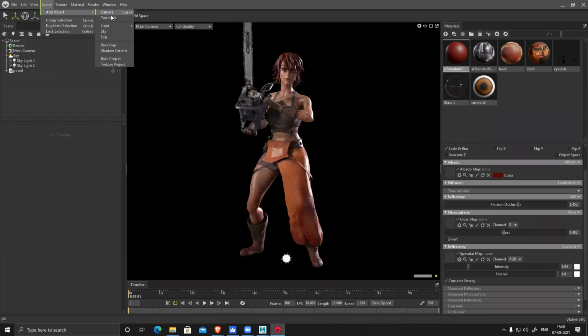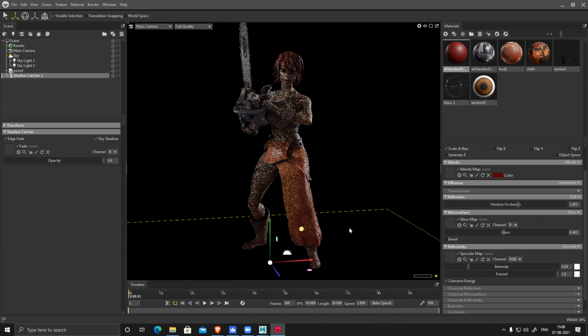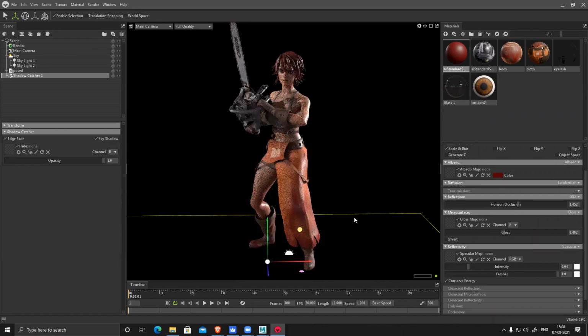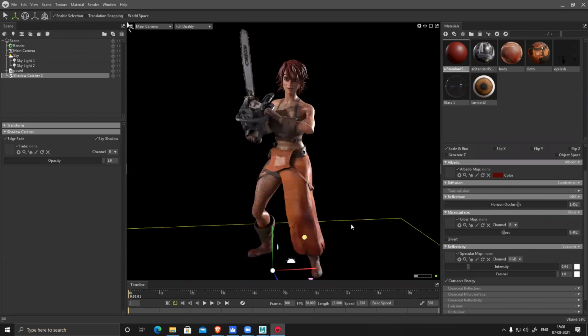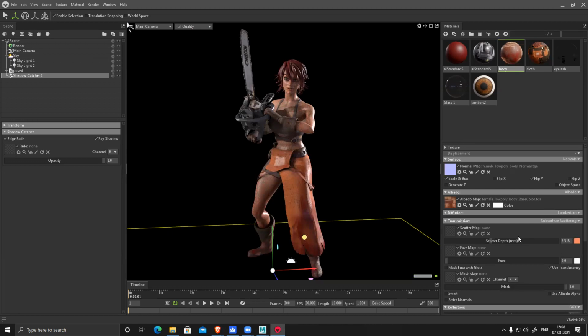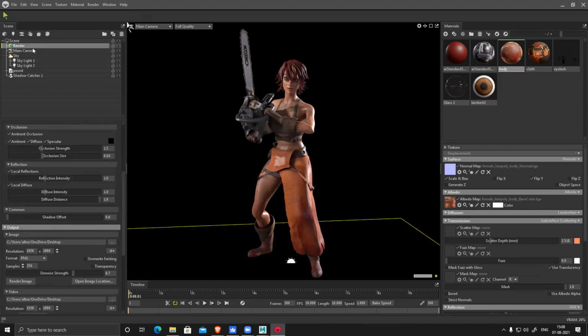And if you want, you can add a shadow catcher, catching on this shadow. It kind of looks black only. And one more thing, let's use my sharpness and all.